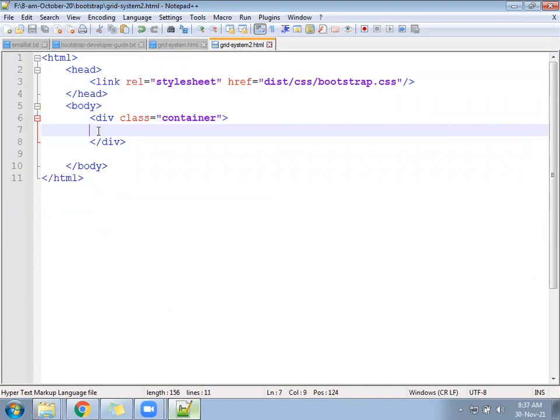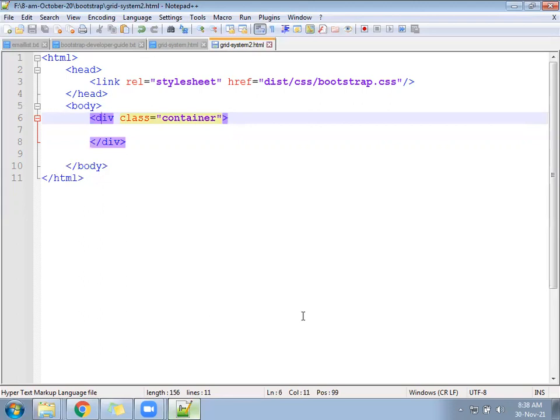So first step, under the head section, you must link the bootstrap.css file. Second, under the body, you have to follow the body tag. Third, inside the body, we need to follow the container.